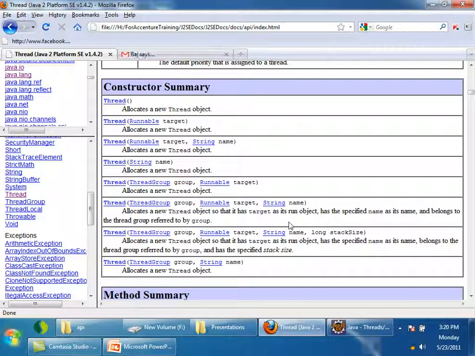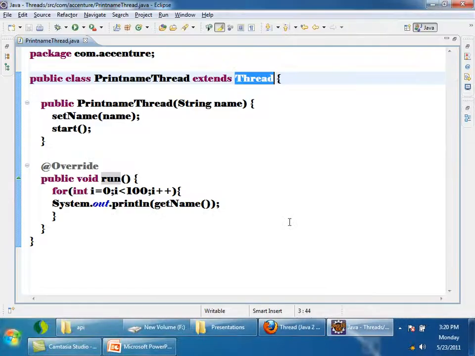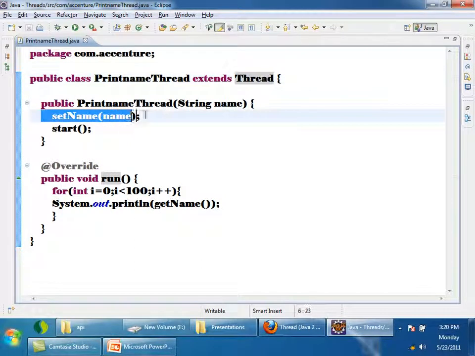There is one constructor which is taking a name. So when from a subclass constructor, if I want to call the superclass constructor, what will I do? super, and pass the name. It will invoke the Thread constructor which is taking a name. This is the normal way which we do.